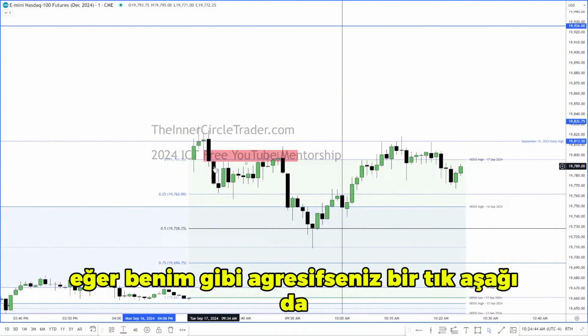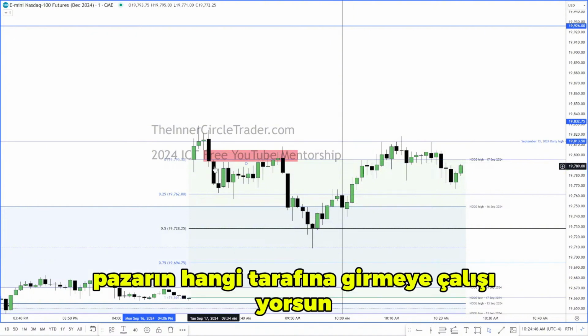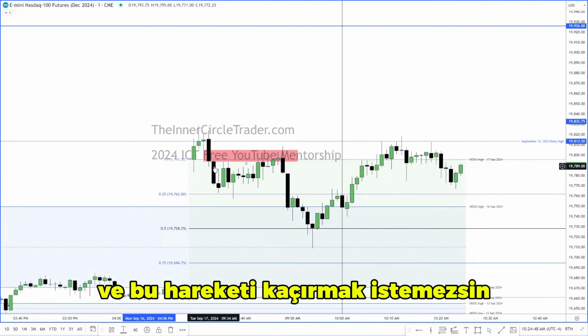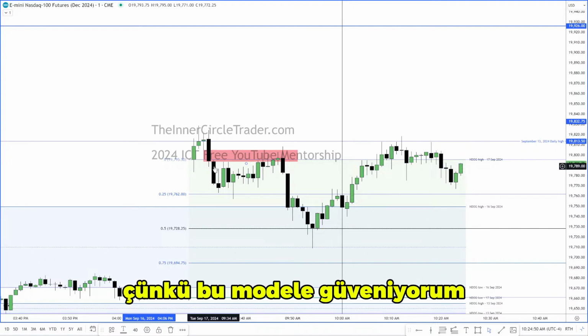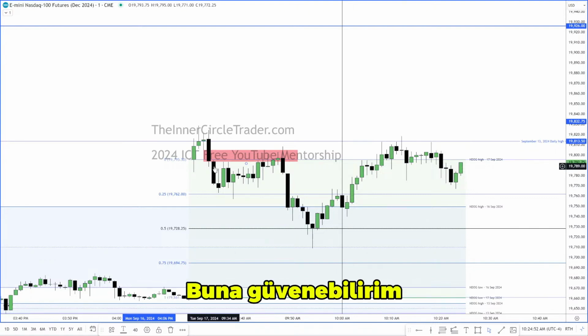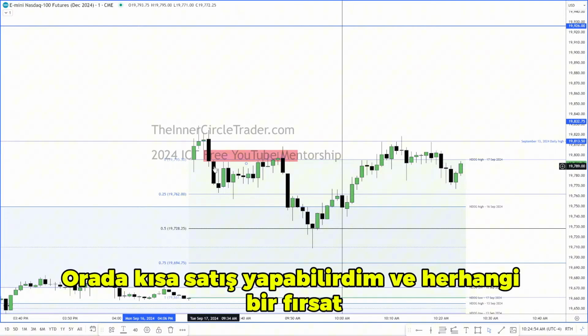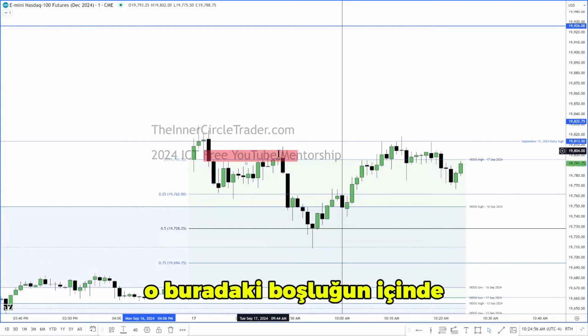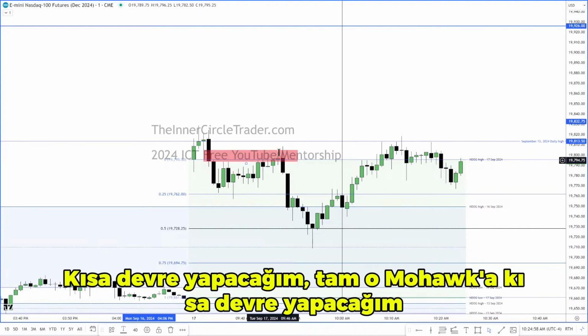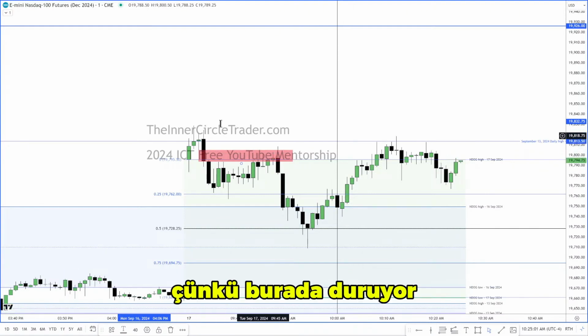one tick below if you're aggressive like me and you know what side of the market you're trying to get in, and you just don't want to miss the move because I trust this model. I could be selling short there, and any opportunity it's inside that gap here, I'm going to short. I will short right at that mohawk because the stop's up here